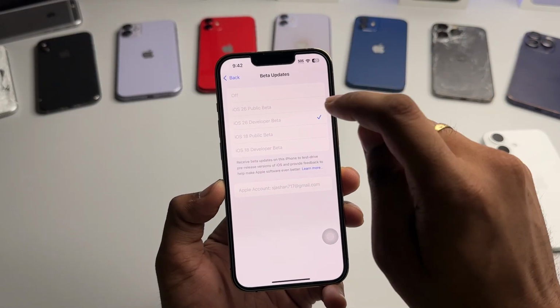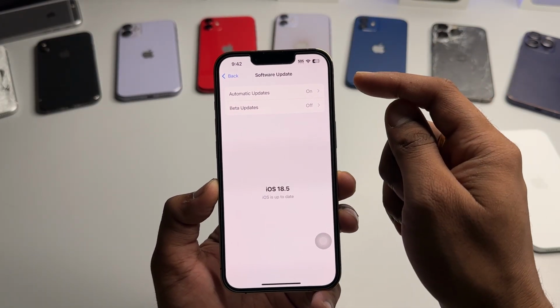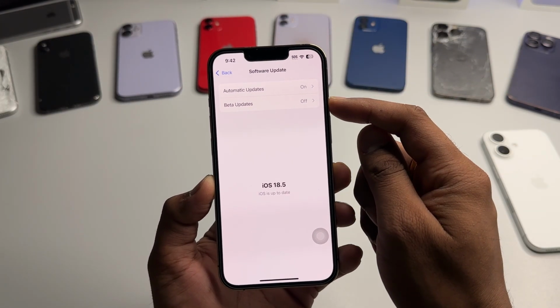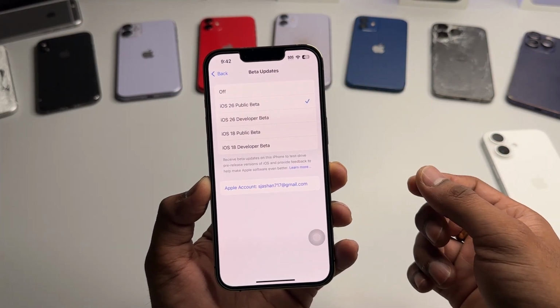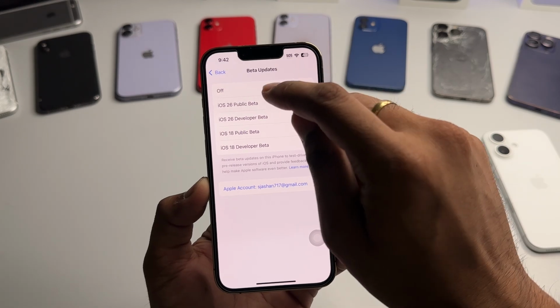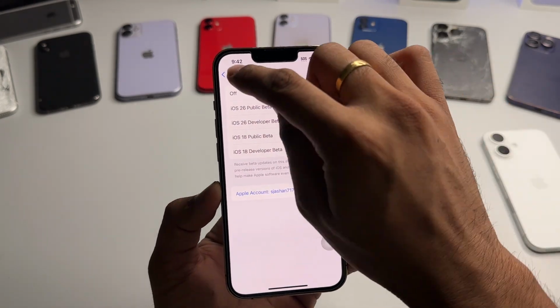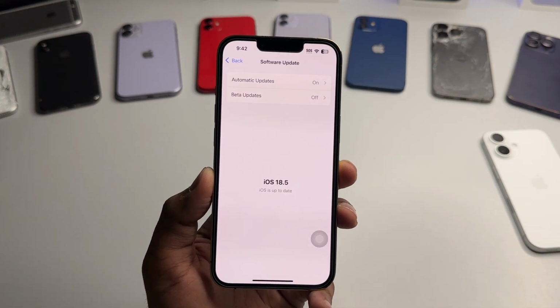So I'll select Beta Updates. In your phone you will be able to see automatic updates. If you are seeing beta updates, then what you have to do is simply select the iOS 26 public beta. But if you can't see the public beta option, if you can't see beta updates, then what you have to do,